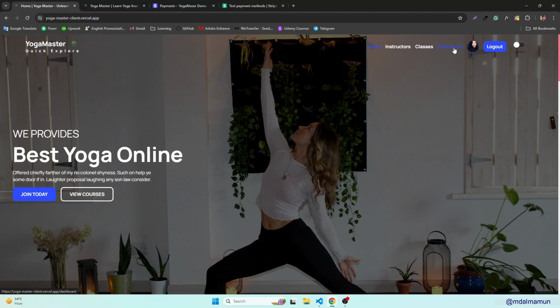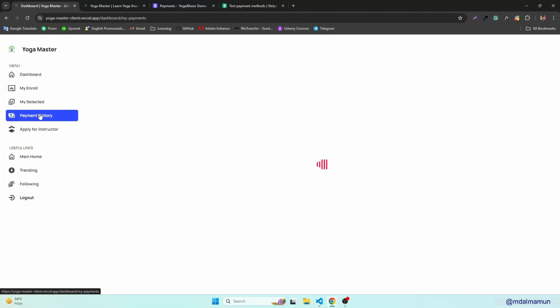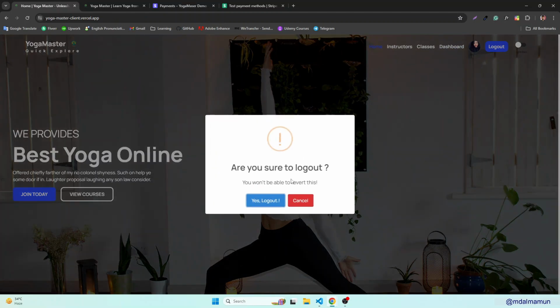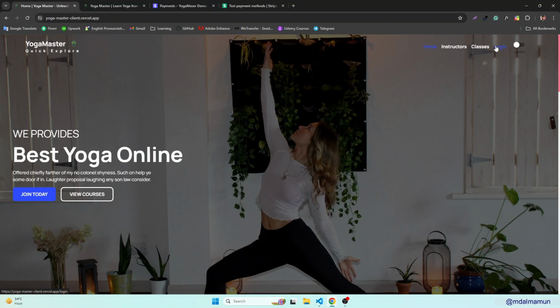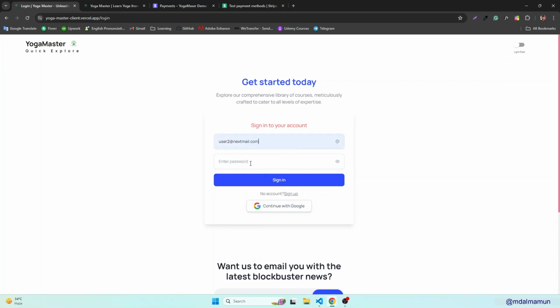We'll have to log in, or let me go to dashboard and payment history, maybe any selected items are there. Okay, log out, yes, log out, and try to log in again, user next mail to, and I forgot the password. Okay, let me create another user, and maybe we can just define the password 123456. Okay, we'll have to create an account, so sign up here,